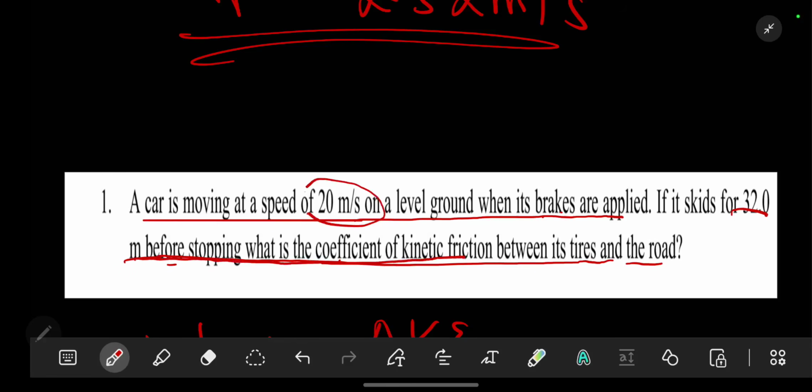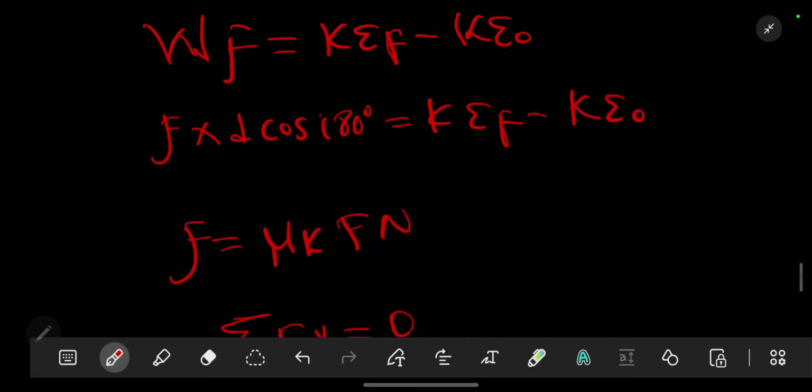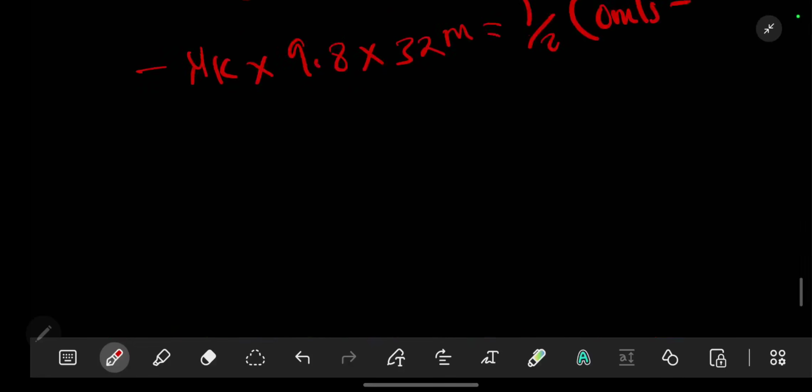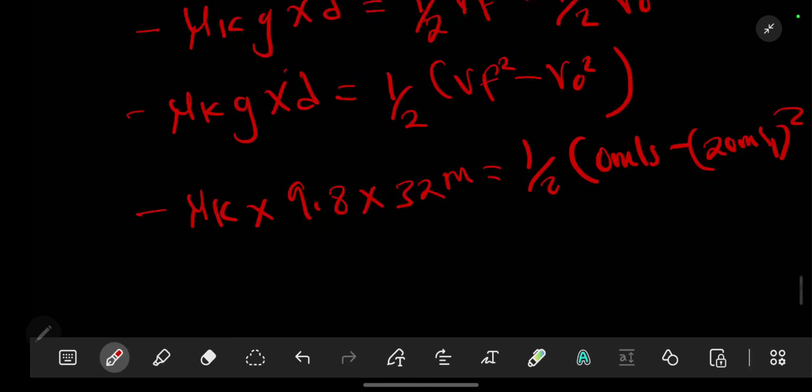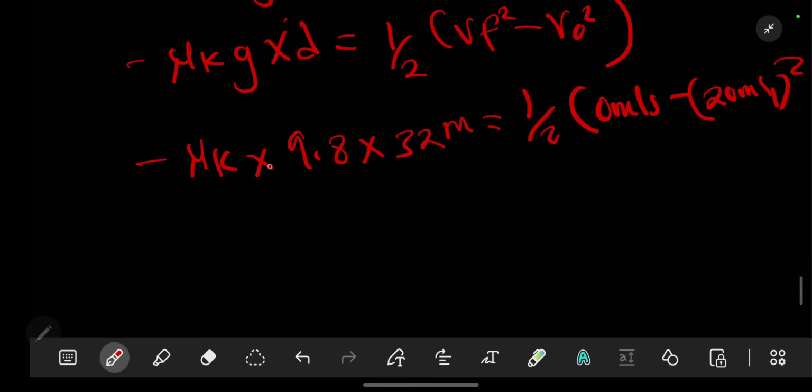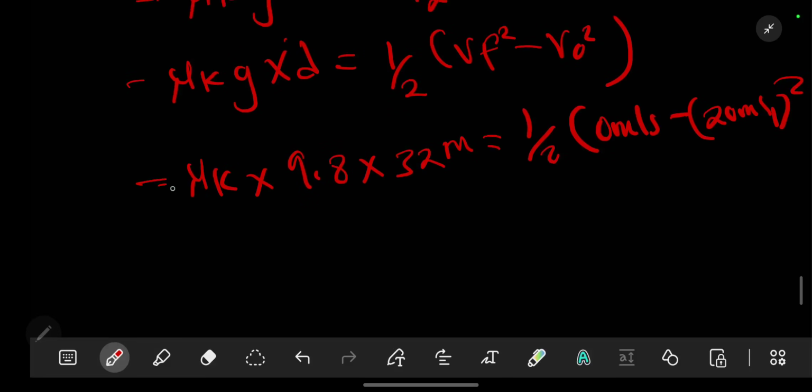The initial velocity we are given is 20 meters per second. So we put 20 meters per second there and square it. Multiplying, we have negative mu k times 9.8 times 32, which gives us